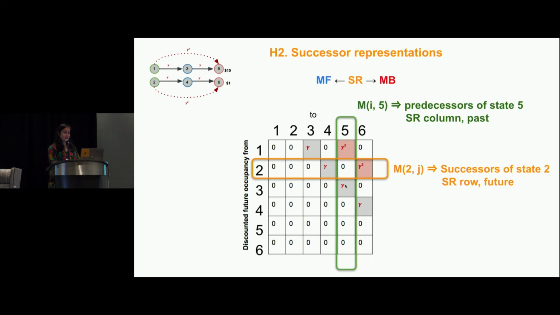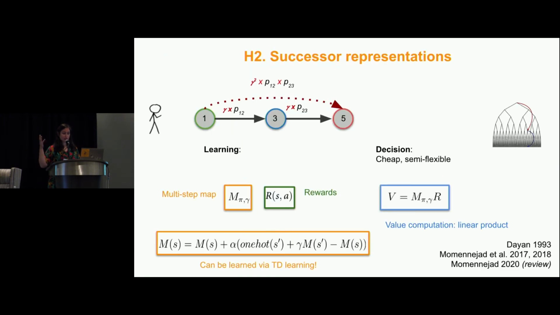Interestingly, my very good friend and colleague, Kim Stachenfeld, showed that the columns of the successor representation capture hippocampal place fields. And in fact, the successor representation's eigenvectors, the eigendecomposition of it, give you grid fields, which is fantastic, as you can recall. This was some of the approaches to cognitive maps. And using a very simple temporal difference learning approach with no rewards whatsoever here, and we will discuss it a little bit more in the tutorial, you can actually learn that multi-step associative map of the environment with no rewards involved.